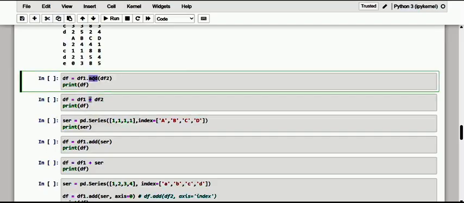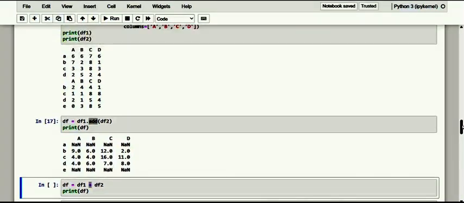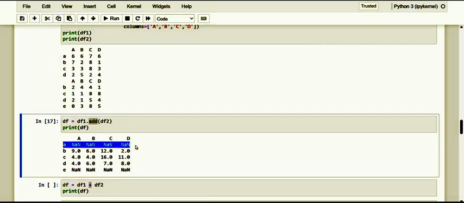This add method is exactly equivalent to the arithmetic sum between the two data frames. Of course, we are just going to have the addition of two data frames. Let me scroll above a little. Kindly see here: wherever we have common elements, we get the values, and for the uncommon ones, we get the NaN value.